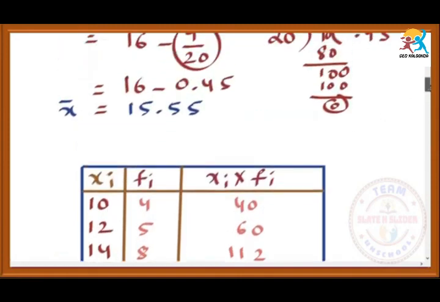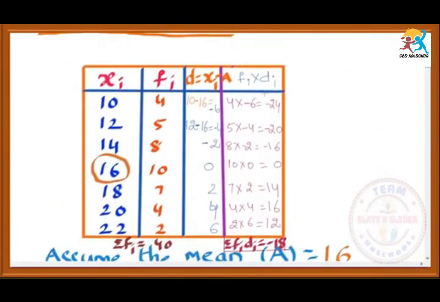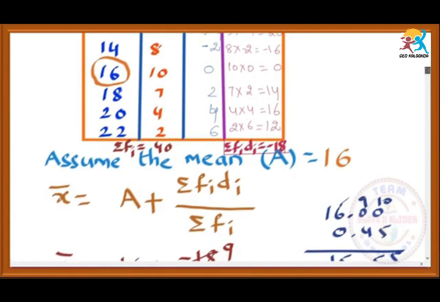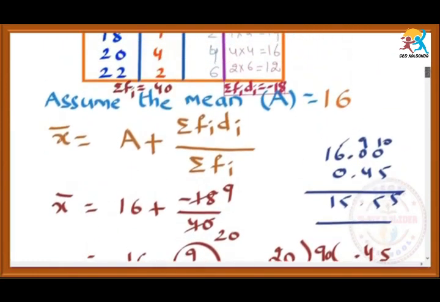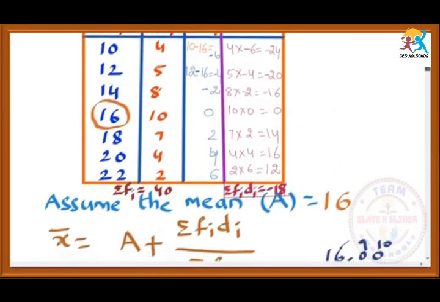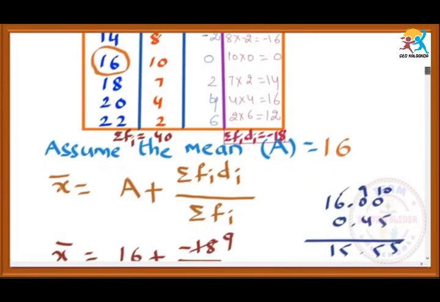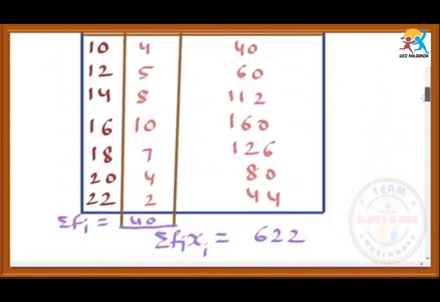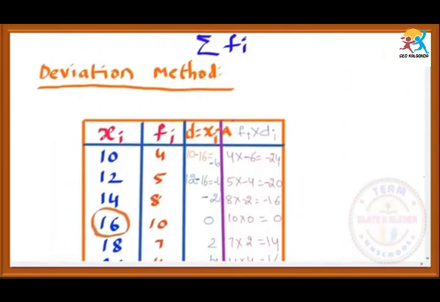So that's why we choose this, because among all the numbers xi, we can choose one as the assumed mean. We are assuming that maybe 16 will be the mean. The assumed mean is 16, the actual mean is 15.55. That means the difference is 0.45. Most of the time the mean will be in the middle of the data, so we have to assume the middle term only. Otherwise we get the highest value. That's why we should not use the other method. So this is the deviation method.